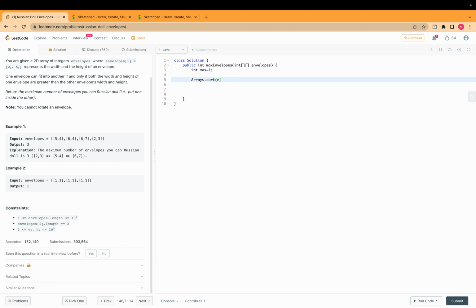We have to sort them based on the length, sorry, based on their width. It's not length, it's width over here. So we have to sort them based on their width. So this is the sort function,